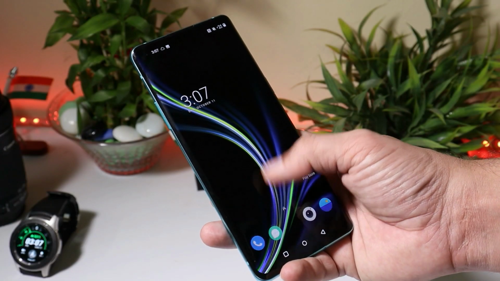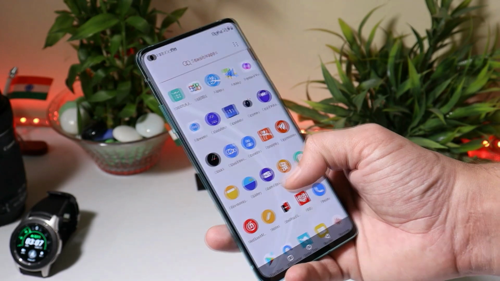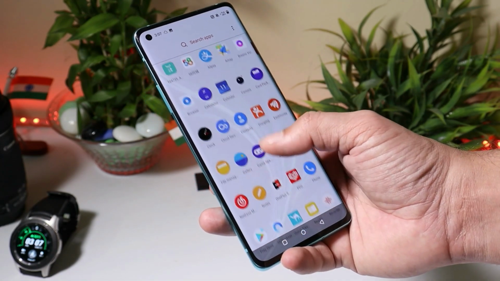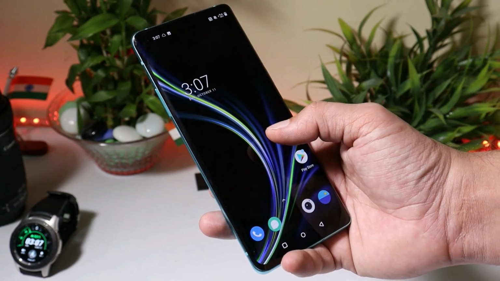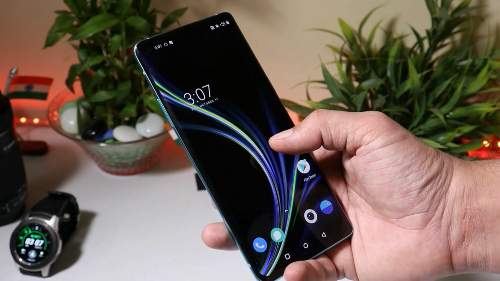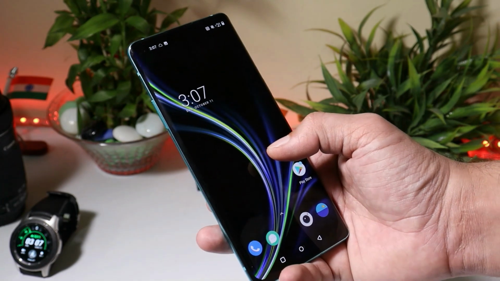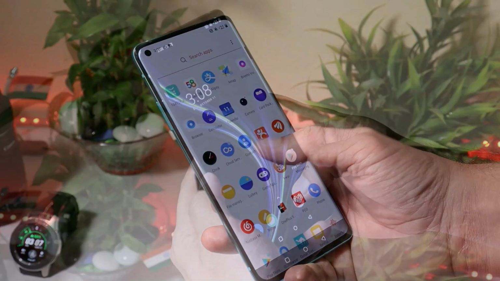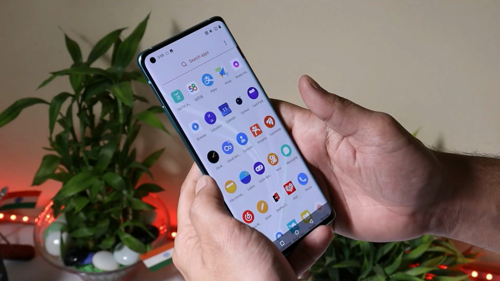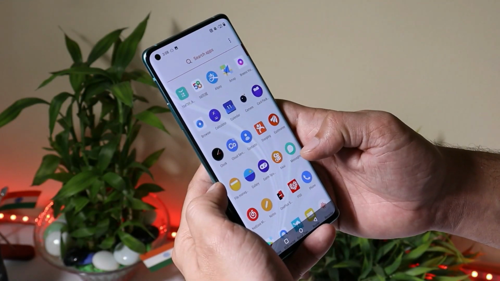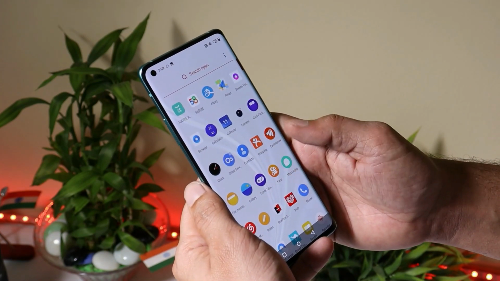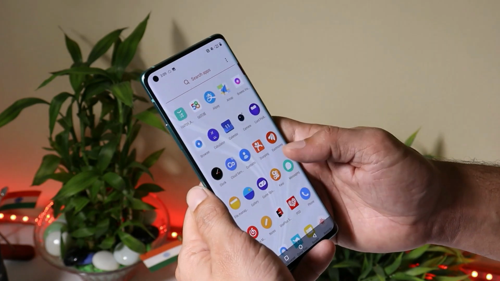Basically, we have two methods to downgrade your device to the stable channel. One will be the MSM tool, but we won't be using the MSM tool. In this video, I'll give you a downgrade file which can help you downgrade your device to the stable version of Oxygen OS based on Android 10. And after that, you can update to the stable version of Android 11 via OTA update. And this downgrade file will work on any open beta. Like if you are running Hydrogen OS Open Beta 3, then also you can use this downgrade file to roll back to the Oxygen OS stable version based on Android 10.